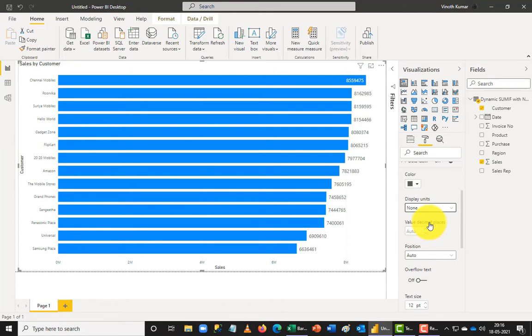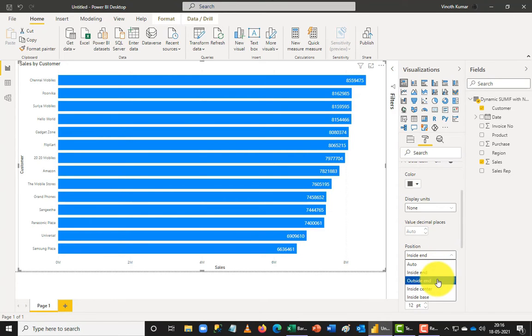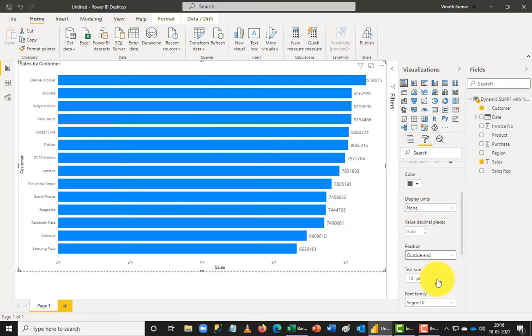So that's going to show you the entire valuation here, and you can see that the data label is auto adjusting because the current bar is a little bigger than this. If the data comes outside the bar, it may not show the data clearly. Now you can see them very clearly that it is automatically adapting to the data part here, and then it shows the dimension here. And if you want to position them, you can position them either inside end, so that all of them will be uniform, or you can say outside end.